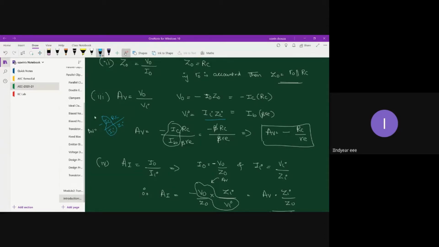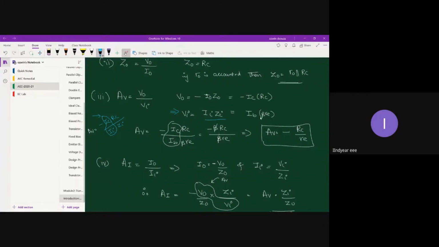So IC by II is an unknown gain, because for a common emitter mode, IC by IB is defined. So in order to avoid that kind of bottleneck, what I have done is I have considered the known current, because as per circuit analysis, VI is II into ZI, or VI can also be given as IB into beta RE.